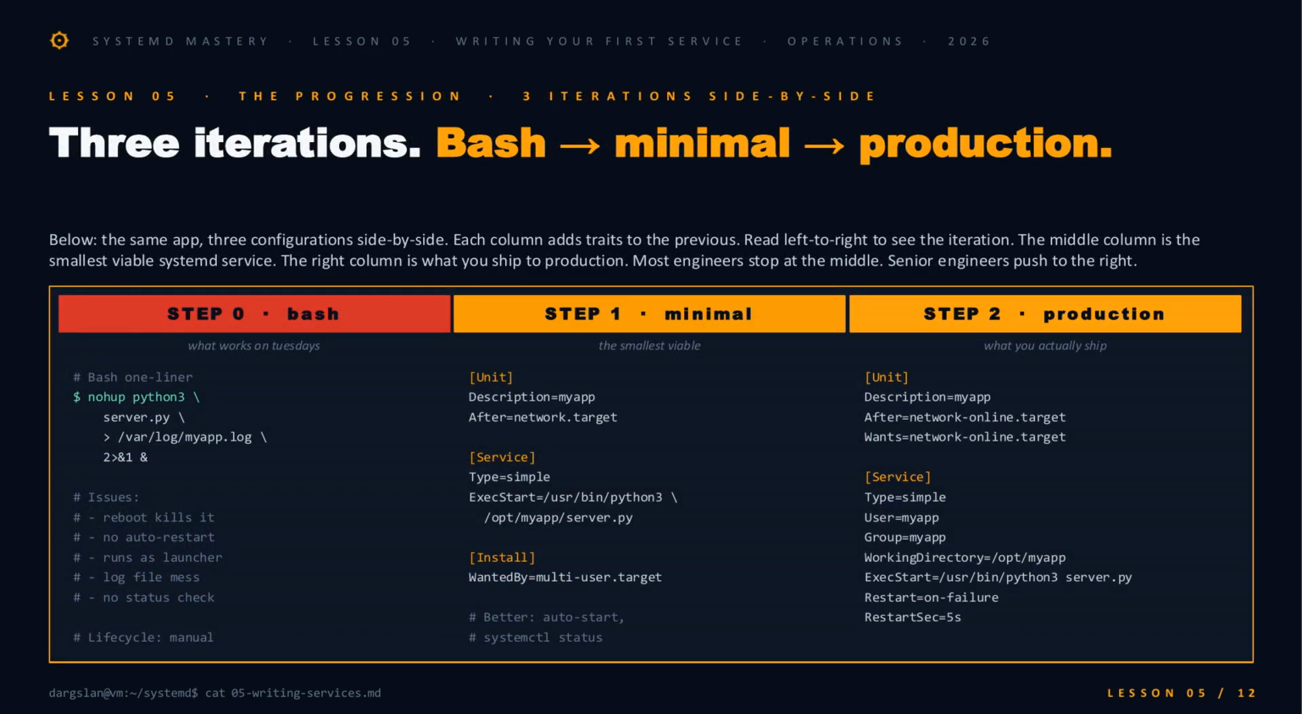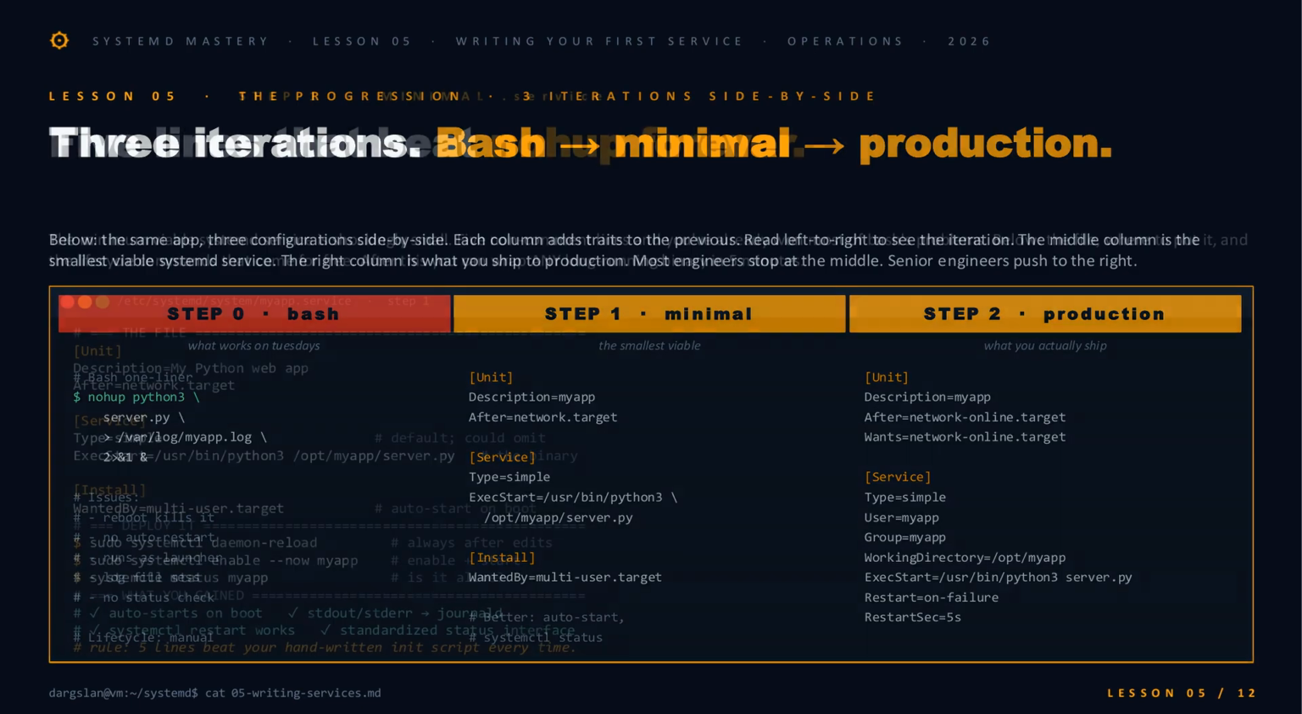So here's the whole journey on one screen. The same Python app in 3 columns, each one adding traits to the last. The middle column is the smallest unit file that actually qualifies as a systemd service. A unit block, a service block, an install block, done. The right column is what you'd actually ship. Same skeleton, plus a dedicated user, a working directory, restart on failure, and proper network ordering. Most engineers stop at the middle. Senior engineers push to the right, and over the next few slides, we'll walk that path one trait at a